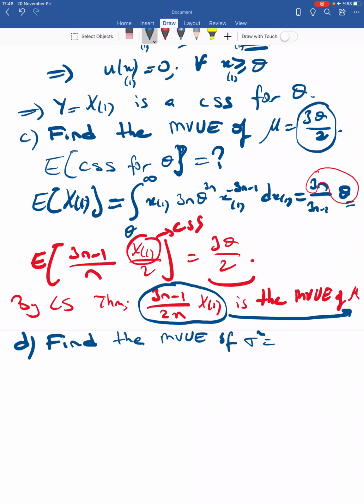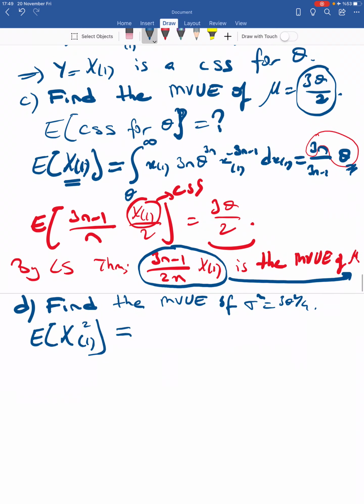So the fourth part of the question is to find the minimum variance unbiased estimator for the variance sigma square. What is sigma square? It is 3 theta square over 4. So here you have to do this type of logic. With the expectation of the first order statistic, I get a function of theta. Then by using the square of that expectation, I probably get a function of theta square. So you have to think like that and then find the expectation of x1 square. From theta to infinity, just take the expectation of the first order statistic with the PDF of the first order statistic,